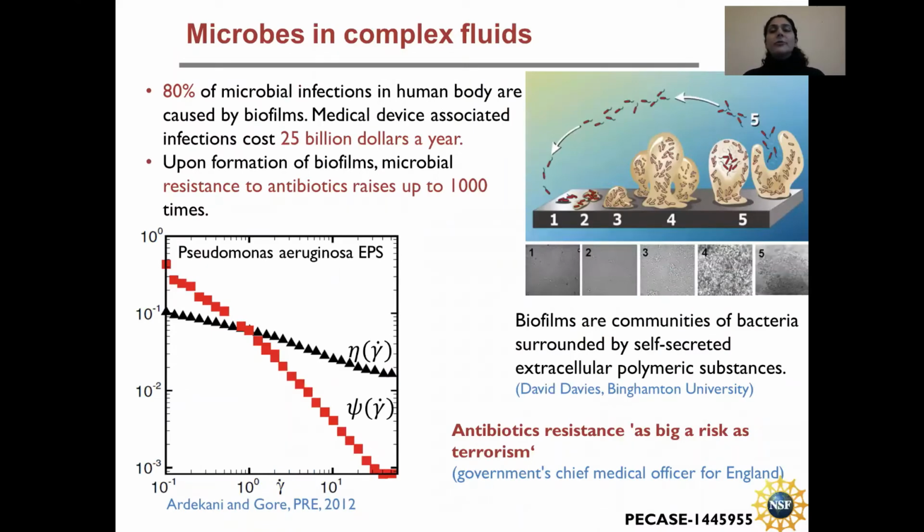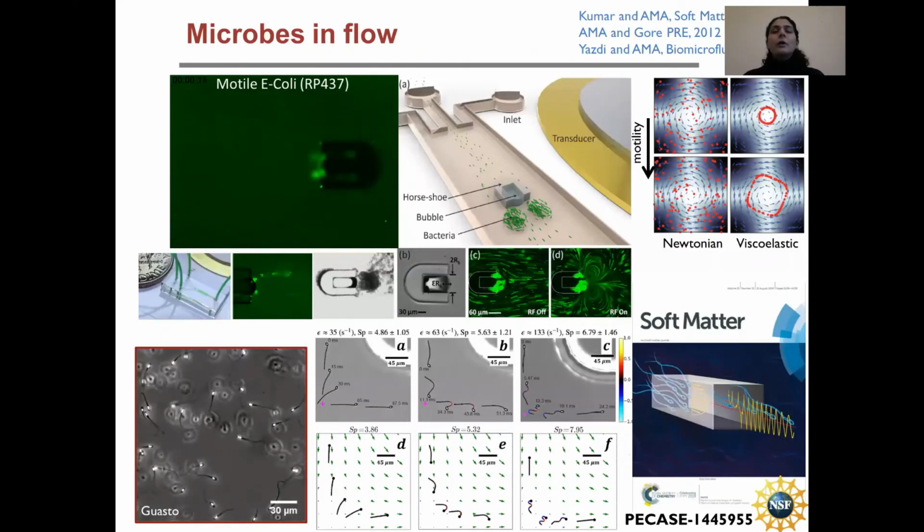We also look at microbes when they form biofilms, like bacteria. When they get close to surfaces, they produce what is called extracellular polymeric matrix to protect themselves from harsh environment, and they form biofilms, which is the main cause of infection in animals and humans. And that's when their resistance to antibiotics significantly increases. And we know that antibiotic resistant bacteria can be a big risk to human health. So we look at how mechanical or rheological properties of the fluid or extracellular polymeric matrix they produce affect their behavior and their transport.